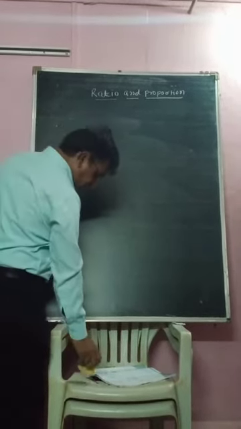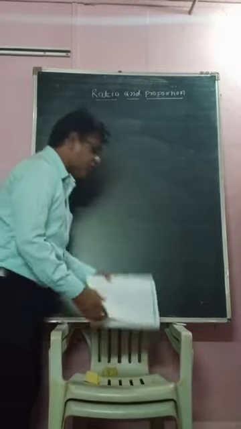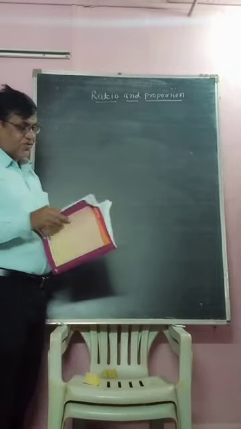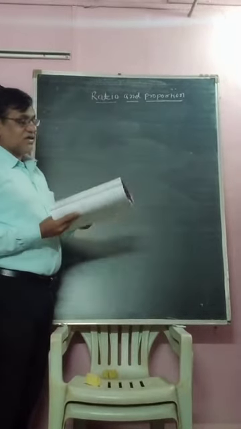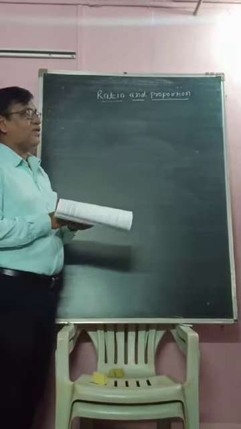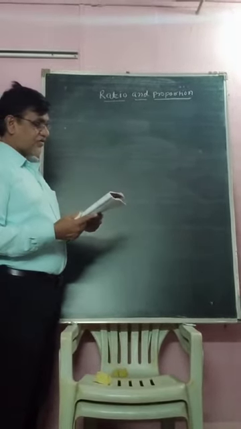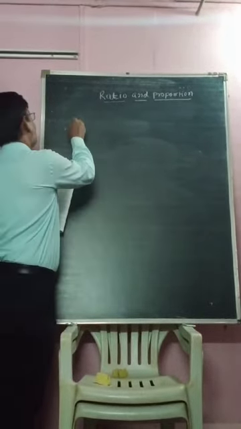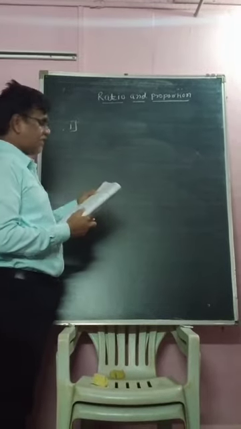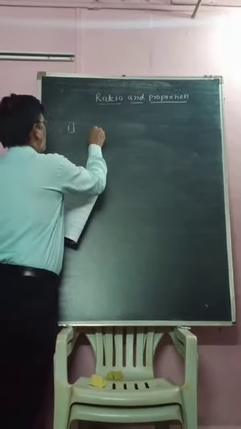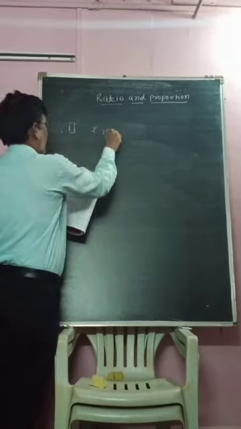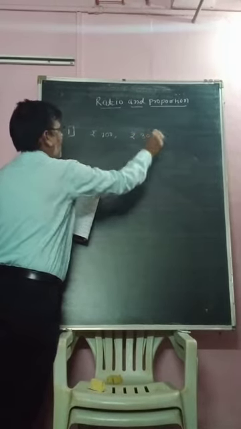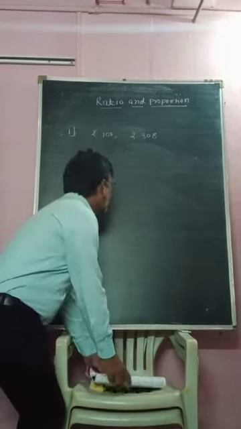Some quantities are given now, not numbers. In question number 1, the numbers are given and you have to find out the simplest form or ratio. Now in the second question, some quantities are given and you have to find out the ratio. Find the ratio of the first quantity to the second quantity in the reduced form. Here also the same question is there, only the quantities are given. First is rupees 700 and second quantity is rupees 308. Okay. Now here see,